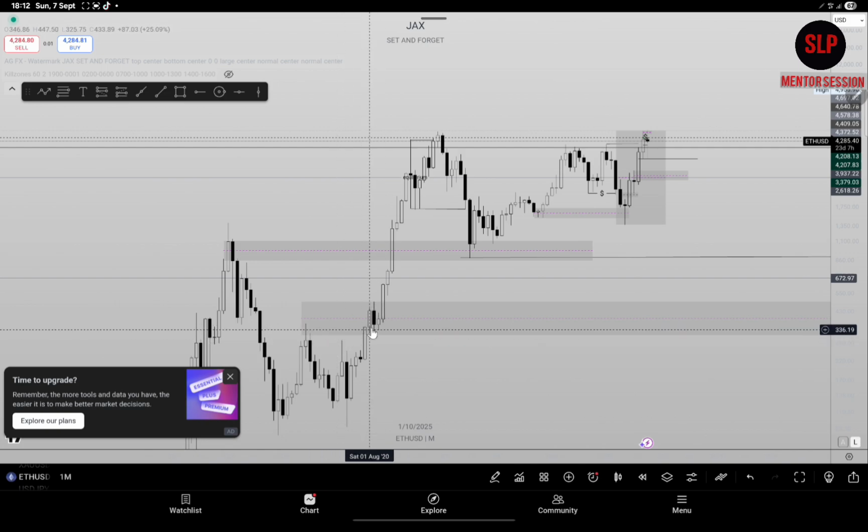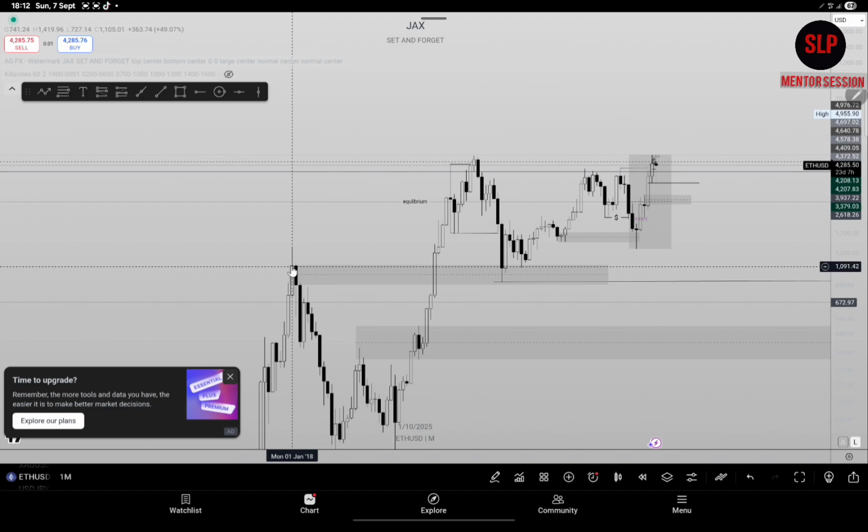And when you have stuff like this, just know that you have to move your entry to this breaker block right here. You can just cover it. No need for you to cover the breaker block again. Move your point of interest to the other block, as long as it's mitigated it. If it's above it and it didn't mitigate it, then you know that this will be an extra liquidity for this, even if there's another main liquidity up there. But if it mitigates it, just know that the POI is now this, as if the order has flown to this. So with this marked out where price reacted from, this could definitely be creating liquidity for here.